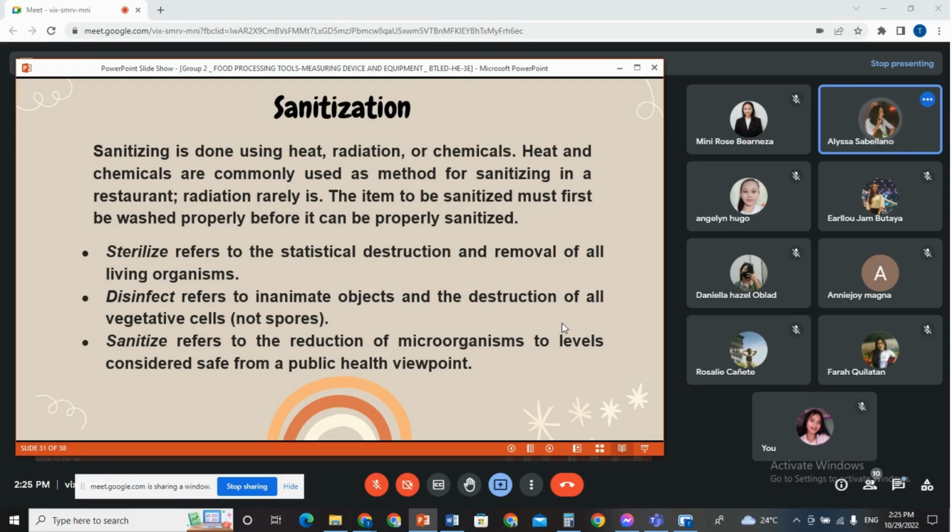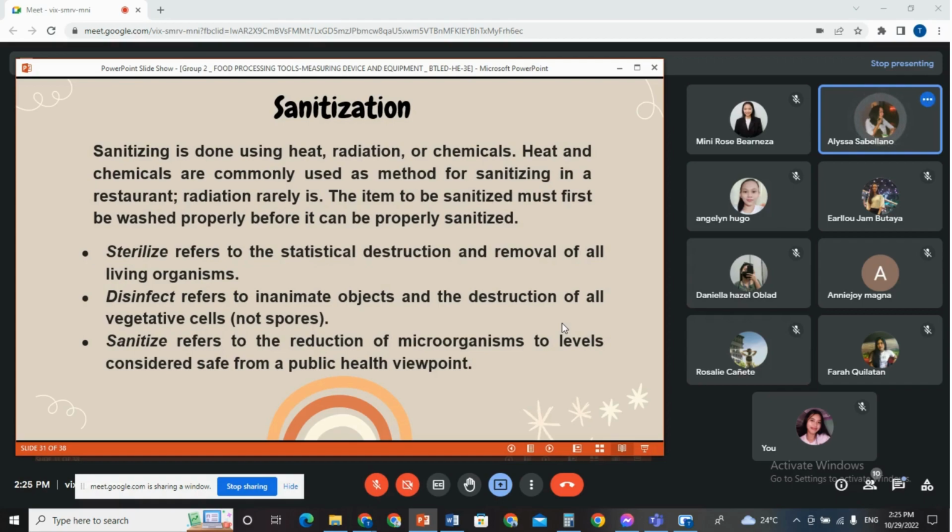So, sanitation. Sanitation is done using heat, radiation, or chemicals. Heat and chemicals are commonly used as methods for sanitizing in a restaurant. Radiation rarely is. The item to be sanitized must first be washed properly before it can be properly sanitized. So first,